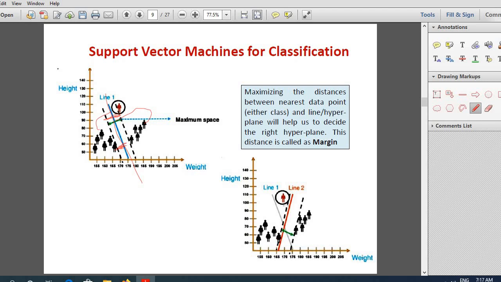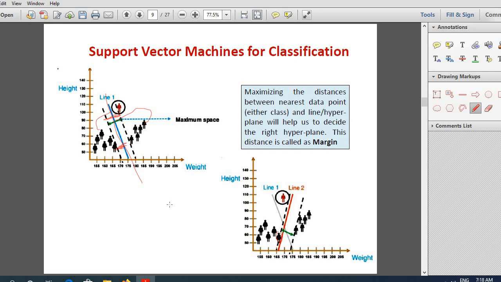Okay, now take the case of line 2. This was our line 2. You calculate the distance of each of the males and each of the females to this line 2. You can see that this female almost touches this line chosen, and this male is actually quite distant from the line. So when you take the total sum, it is quite small because this female lies actually on the line itself. So actually we can say that the total distance or the margin is small.